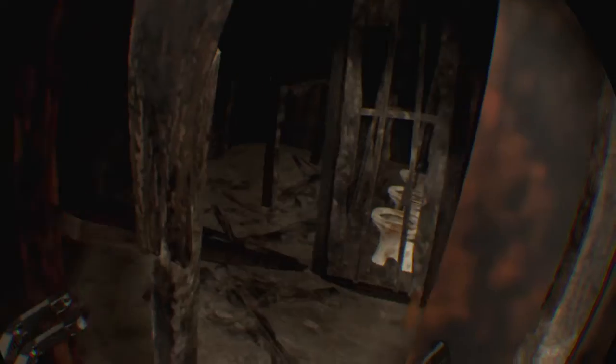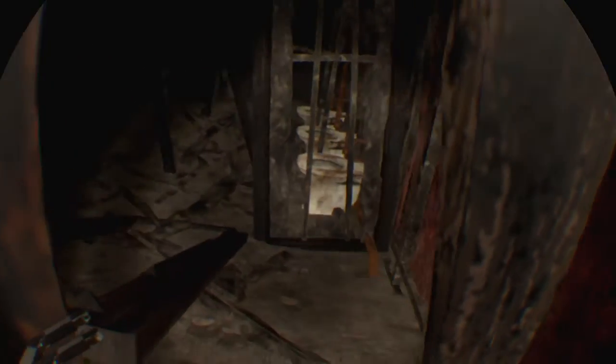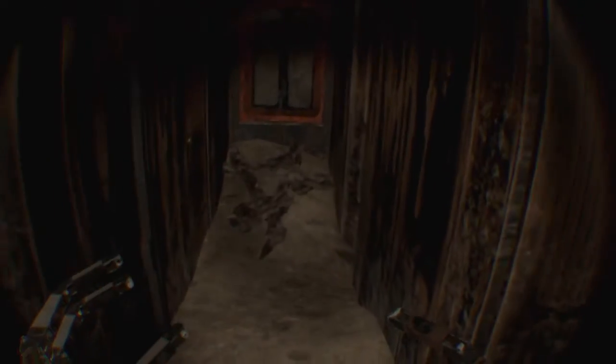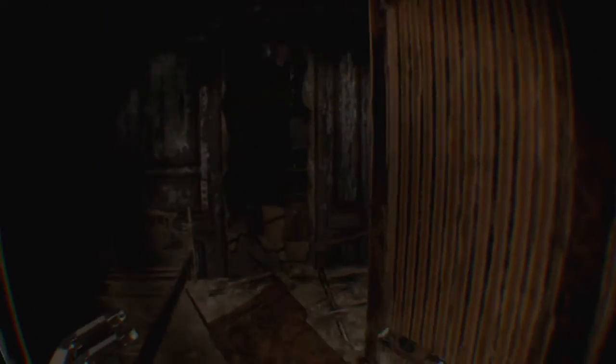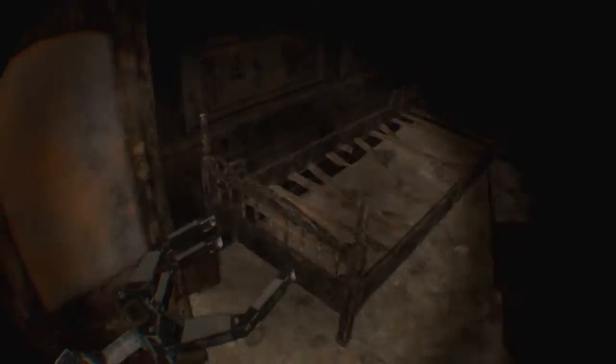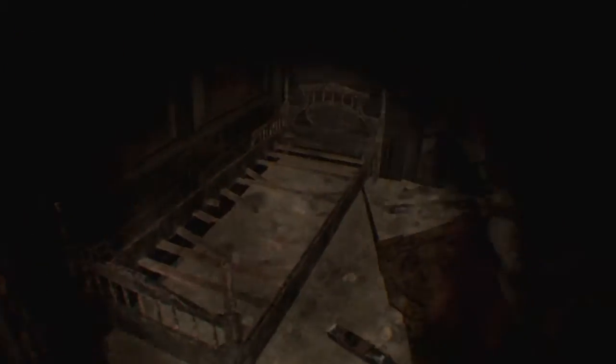So this is going to be the... oh, look at that. Oh, here we go. Looking into these rooms, they are accessible. There's the wardrobe, bed, remains of sofa, the sink, taps, and the